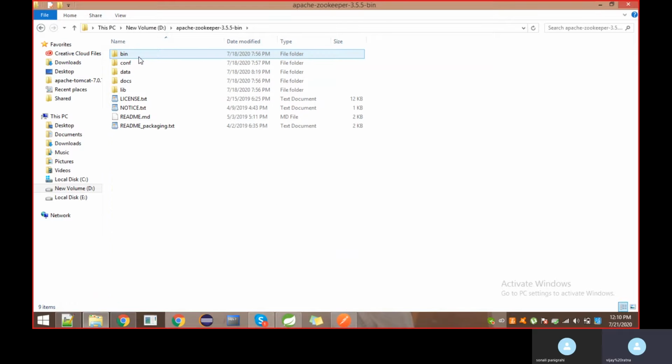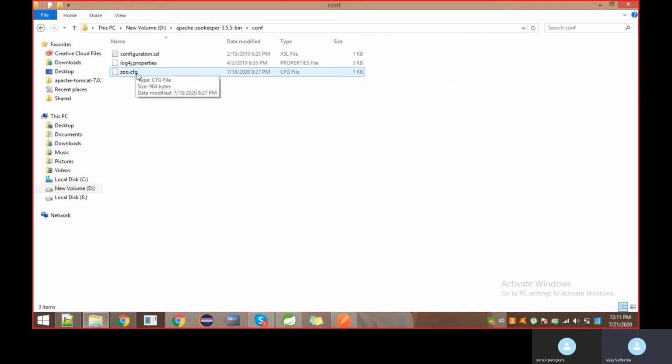After that, when you go to the Zookeeper conf folder, by default there is zoo_sample.cfg.